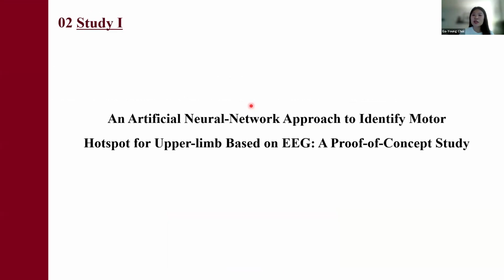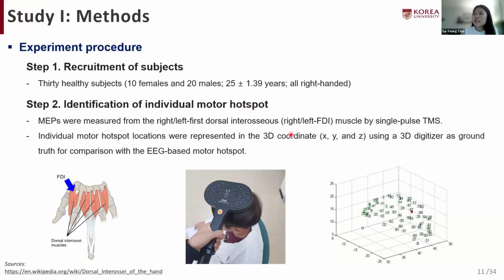At first, we investigated the possibility of individual motor hotspot identification using EEGs. This feasibility study was conducted with 30 healthy participants. Before conducting EEG measurements, we identified the motor hotspots in both hands for each subject by analyzing the TMS-induced MEPs